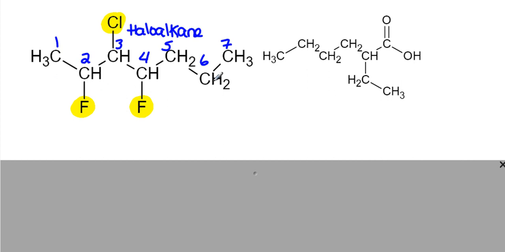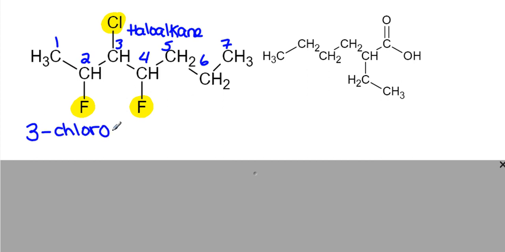So I know numbering left to right is going to give me lower numbers than going the opposite way because the branch is closest to this end. There's no other groups present here, so I can start to name it. I have chlorine and fluorine. Just like before, you have to follow alphabetical rules. Chlorine goes first. So I'm going to put 3